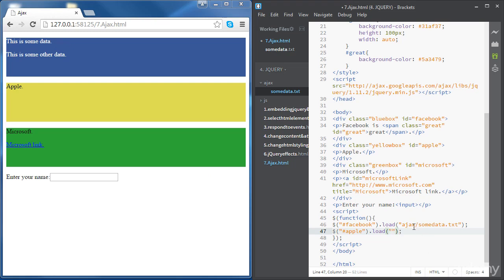Inside the quotes, we'll have both the location of our file followed by the ID of the element we are interested in. So we need to use a number sign followed by the ID. In our case, it's paragraph 1. Okay, and if we refresh the page, we can see that we just loaded the first paragraph onto the Apple div. So the load function is quite an easy function, but a very powerful Ajax tool to load data from